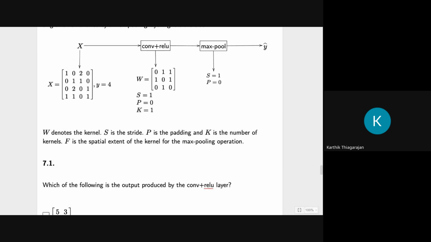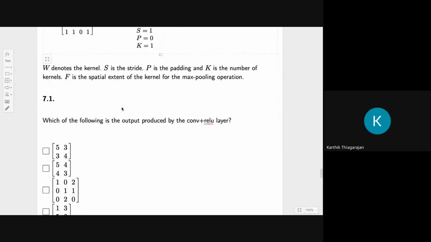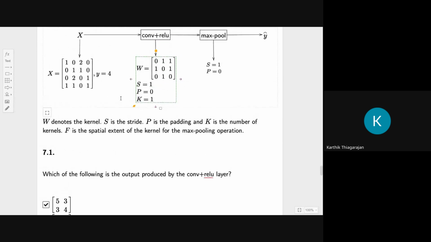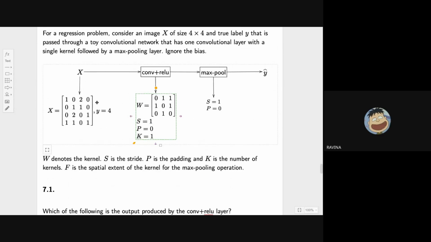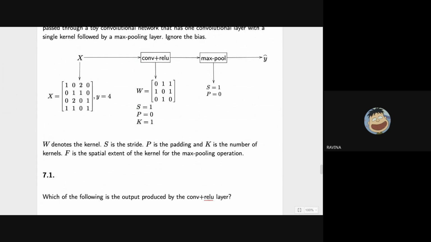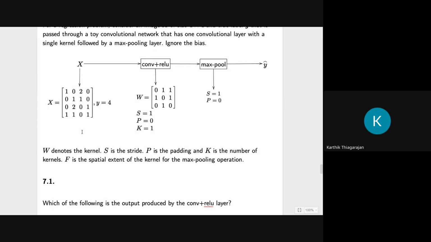Find the output produced by the conv plus ReLU layer. It's actually not very hard. You'll just have to stride this over the image. So if you go, you will end up with 5334. Do you want me to explain this? It's kind of easy. He said the confusion in this question was conv plus ReLU. Sir, that makes it a bit confusing where ReLU is applied. But it's always applied after the convolution. But even otherwise, you must be aware that everything here is non-negative, right? So even if you take out ReLU,